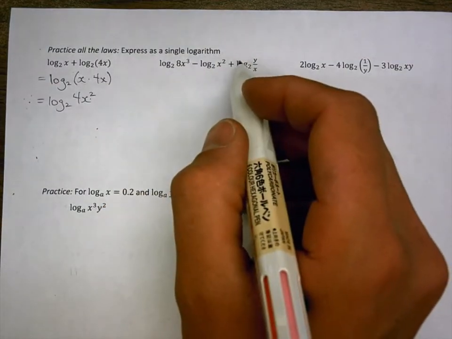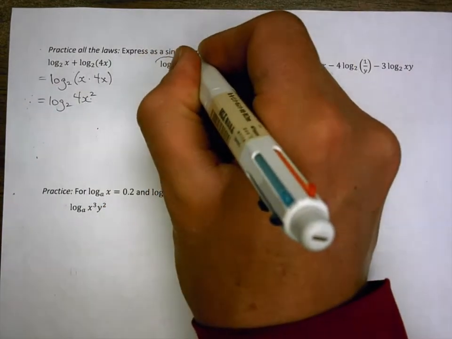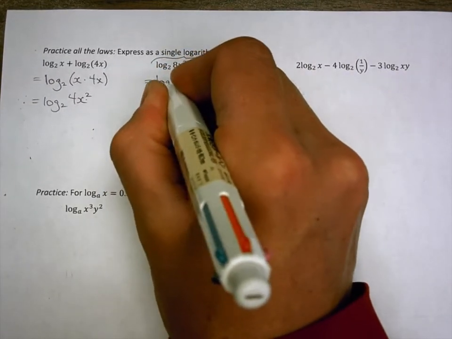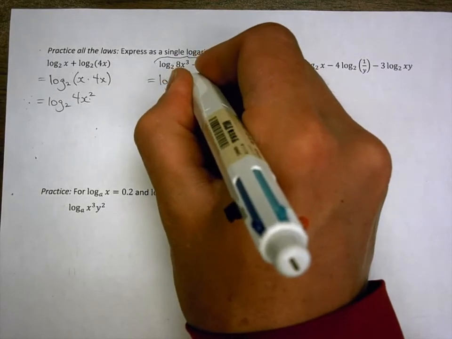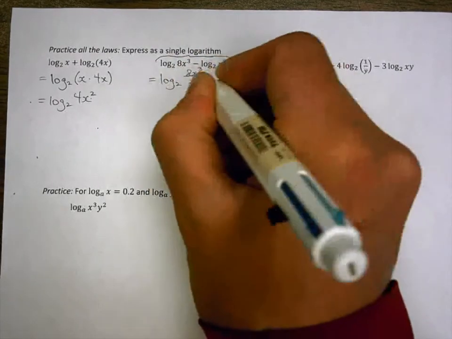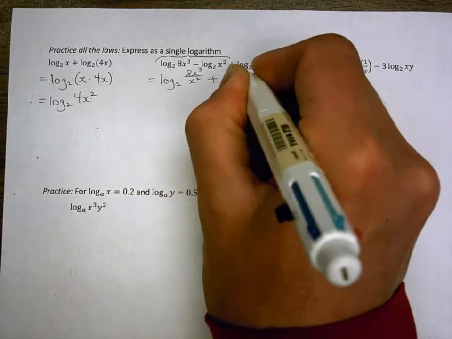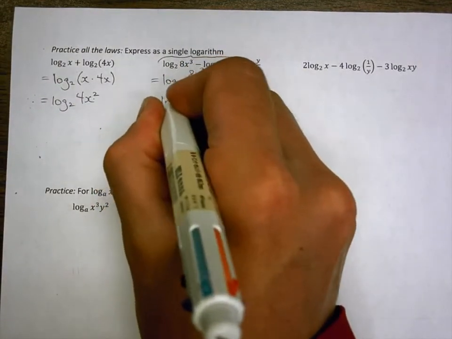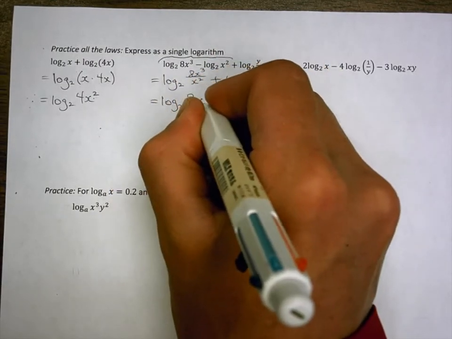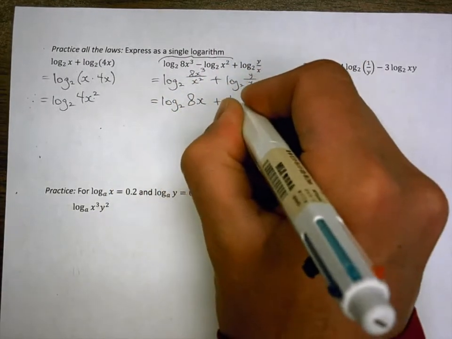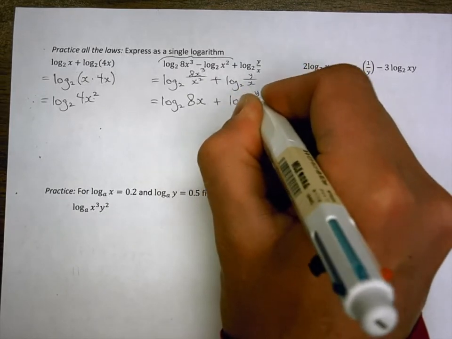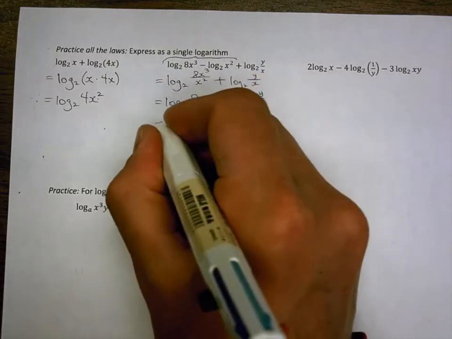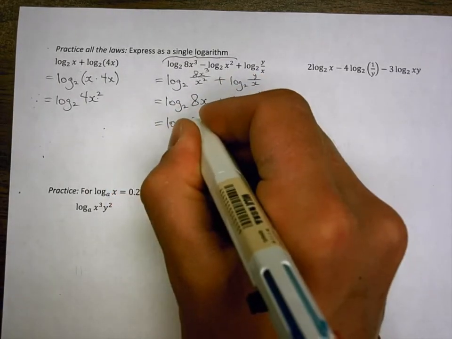Okay, here, whoa, I've got lots going on here. Single logarithm. Let's try doing just the first 2 first. So they have the same base, so I can then divide. So I end up with 8x cubed over x squared plus log base 2 y over x. Now, well, I might as well simplify this a little bit. Log base 2 8x plus log base 2 y over x. Now I am allowed to multiply the arguments. So I end up with